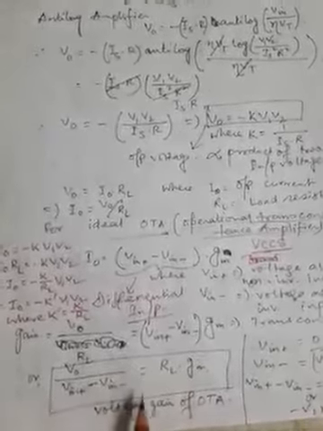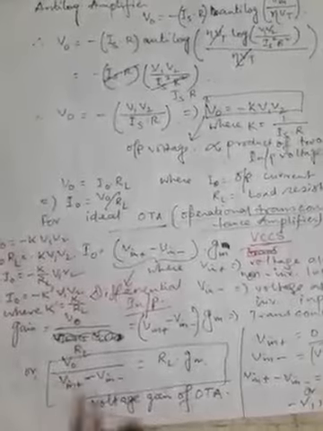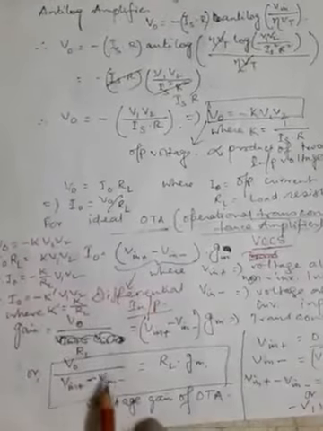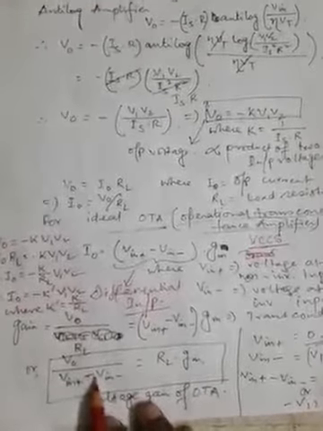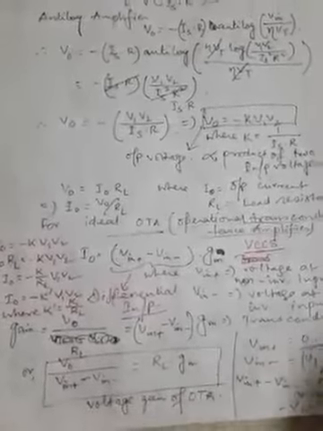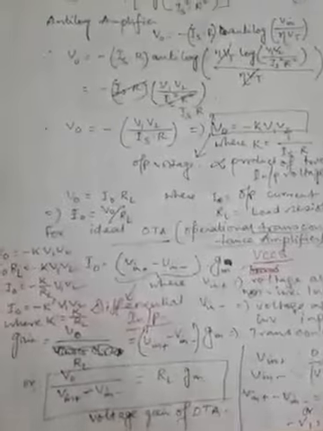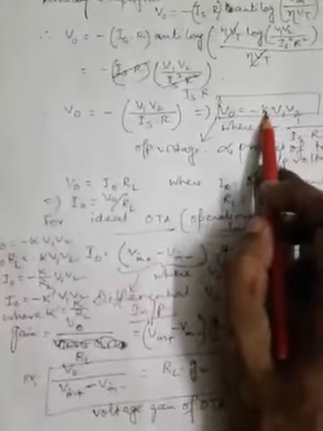the expression for the transconductance amplifier, where we have taken these two as the inputs. Now my input is this V in plus minus V in minus, this is nothing but V1 V2 here, and this is the input product of the two inputs. So if we now replace over this expression this V1 V2, and VO is my output, so therefore we can write this VO by V1 V2 is equal to RL GM. So we can consider this equation as the final equation from this expression.